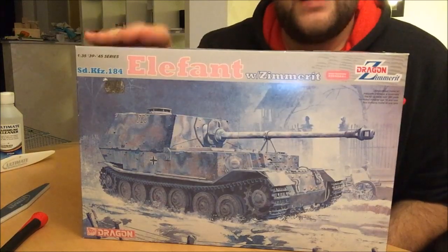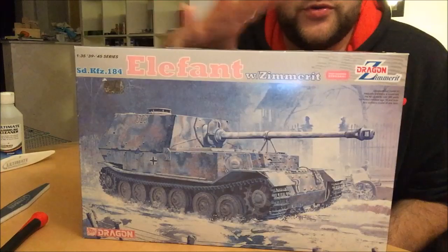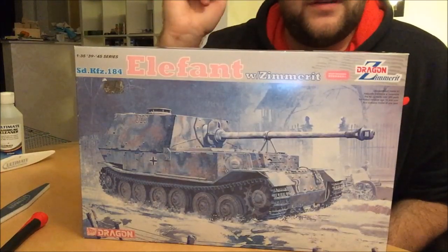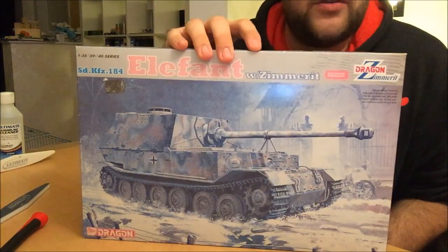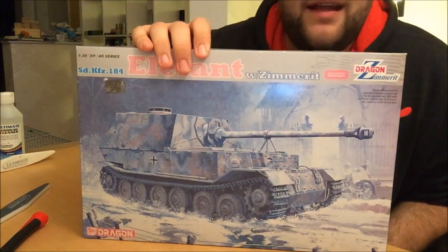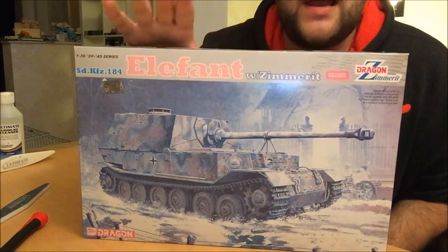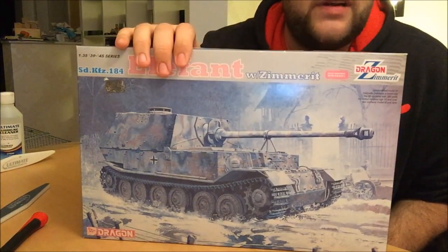And on Friday, after the ceremony, while the groom and the bride had their big photo shoot, I took my girlfriend, I took her mom, and we went straight to the modeling shop where I picked up this little beauty. The shop had a very interesting wide array of older Dragon kits, a couple of very nice premium kits,